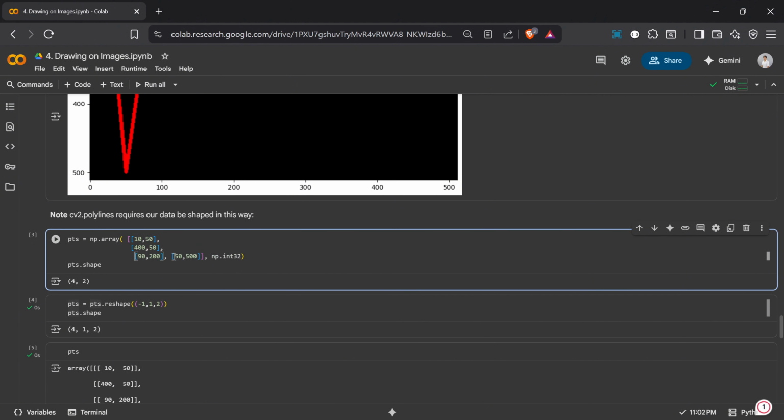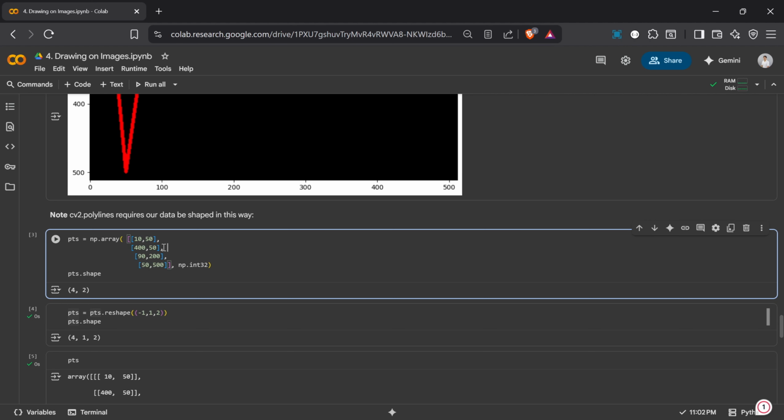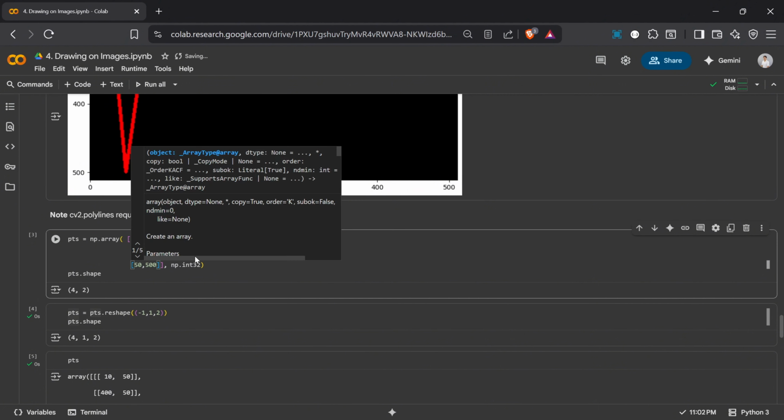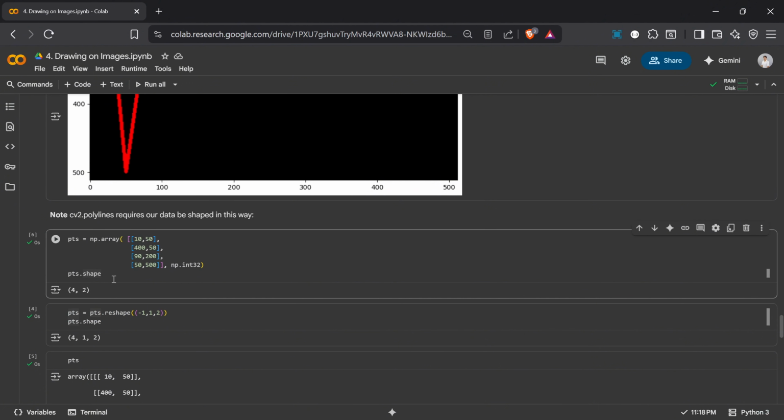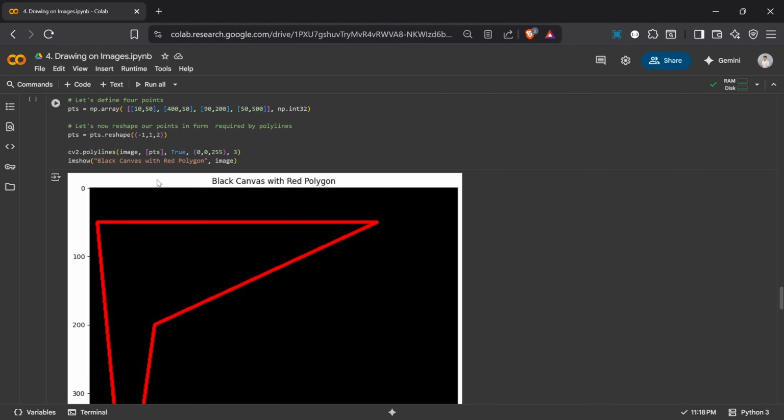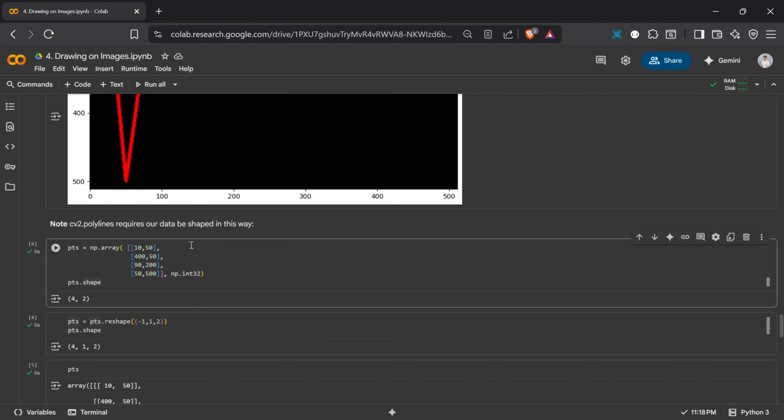Okay, so the shape here is four rows and two columns. Let me fix this one. All right, so the shape of the array here is four rows and two columns. Since polylines requires a 3D array, we need to reshape